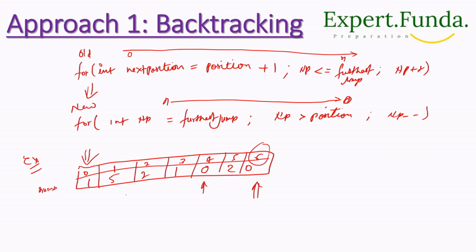Whether we start from here or any position, we cannot reach here, but we will try all the combinations. We can start from 0, then from 4, then from 5, then from 4, then from 0, like this, all the combinations. And that's why, if we talk about the time complexity,